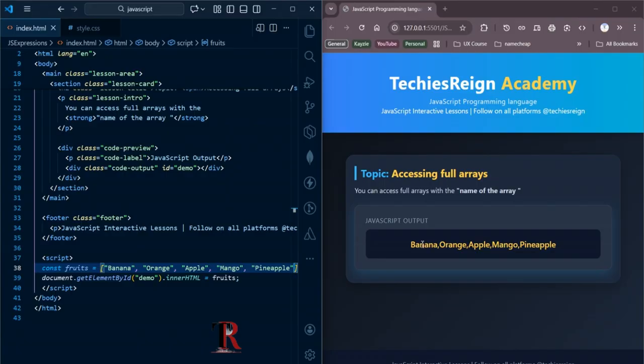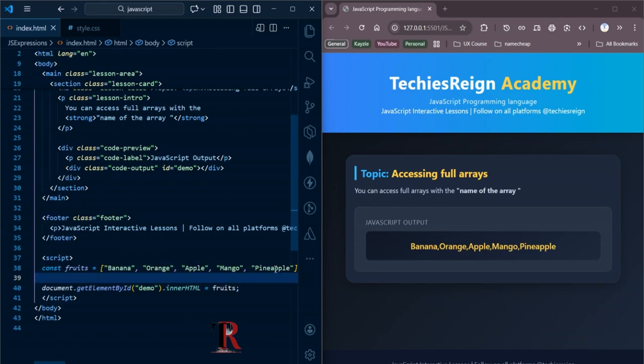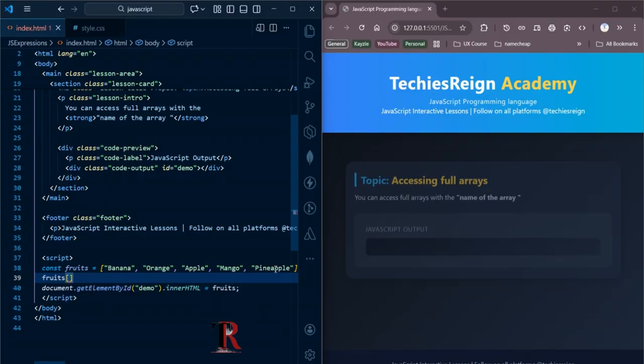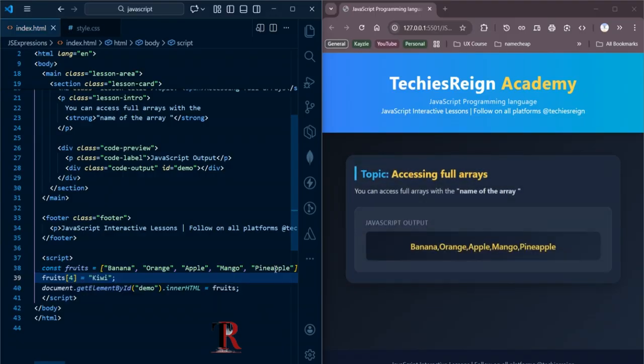Thank you for watching, and I just want to encourage you to play around with different examples. You can add more items to this array. You can remove some, and then you can try a method like the toString method, and you can also try to change the element of an array. As this is right now, I can say I want to change the element at the index 4 and replace it with Kiwi. By the time I do that, you will see that the output of my array has changed on the screen. So just try and play around to have a clear understanding of what we discussed in this lesson. Thank you, and I'll see you